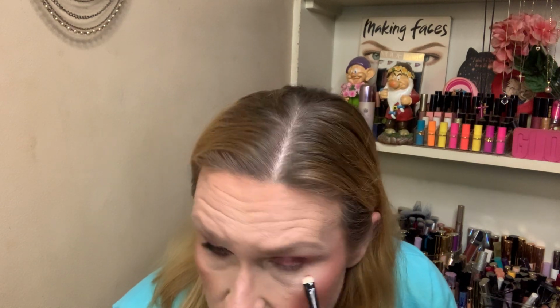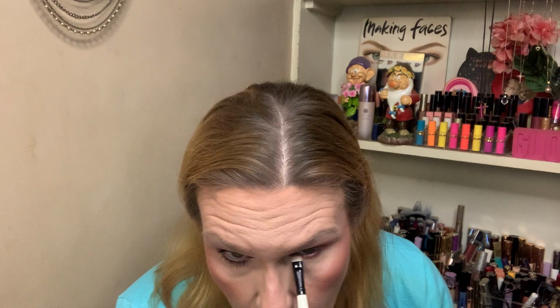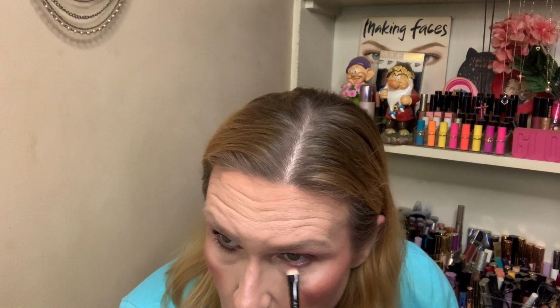We're going to take that shade Cheer that I used in that outer corner. And the palette is an all-in-one palette for me. It goes light to dark, which I love, because there is a black in here, as you'll see in a minute. And the black actually is not bad, to be fair. The packaging is hard. It's nice packaging. But like I said,